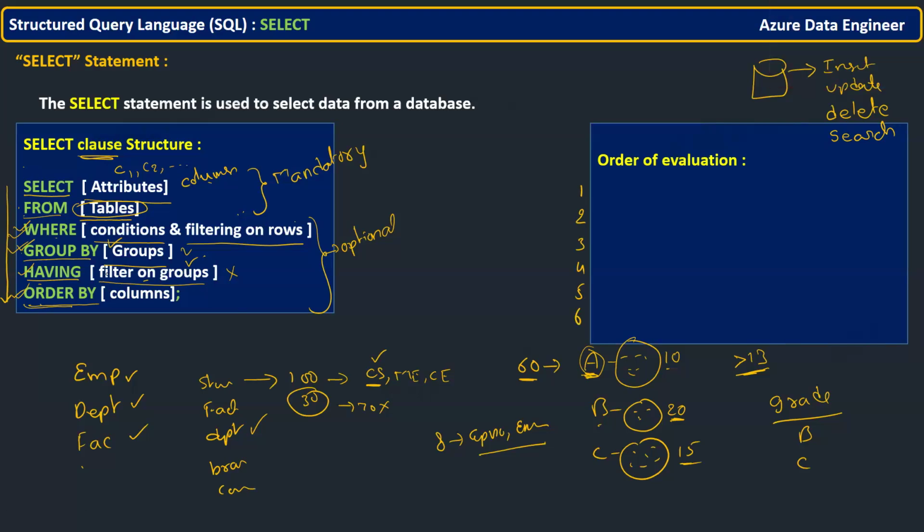From clause? Any other answer? Where clause? That filtering. Okay. Just tell who is going to execute first, I'm just asking first. I think it's select. From clause. Okay. Simple. See, always simple. Just don't think too much.